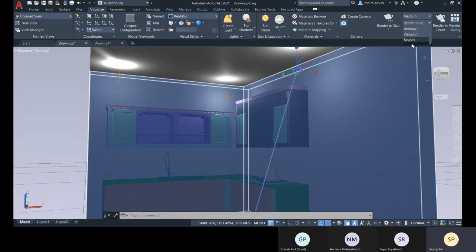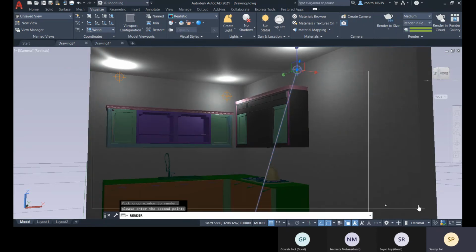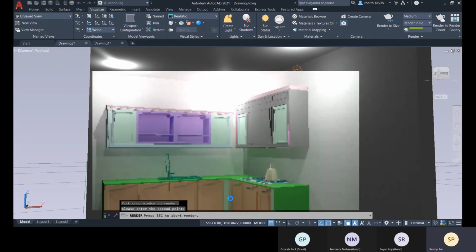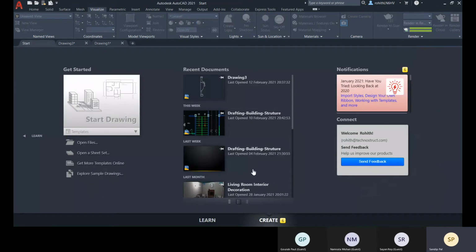And now let me go with this render region. Now it will ask me for the area. Let me do up to this area. Okay, so this way I have one drawing created.